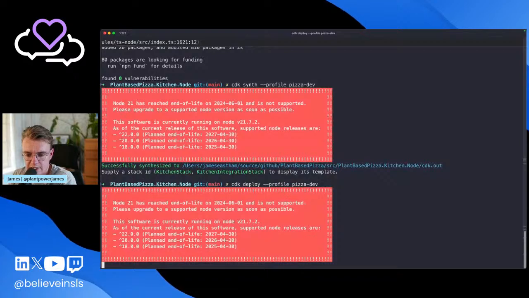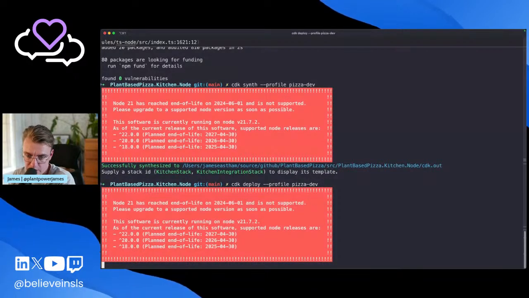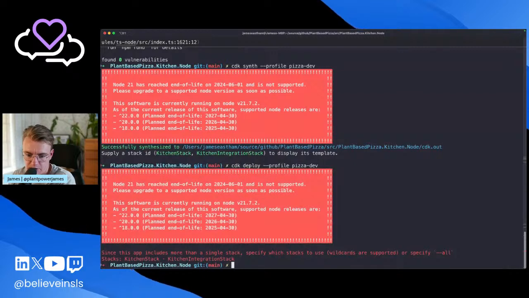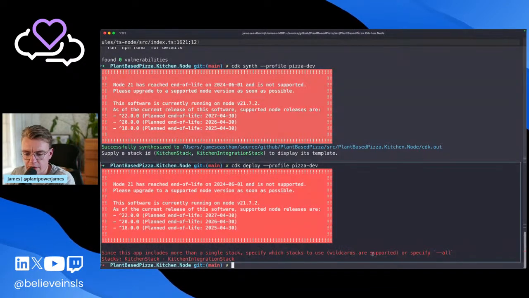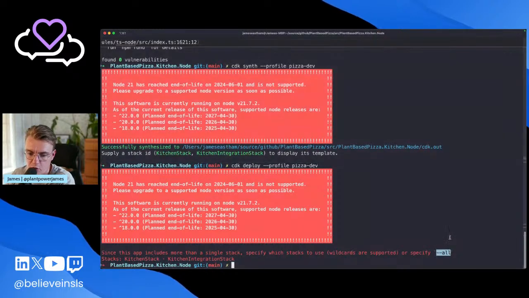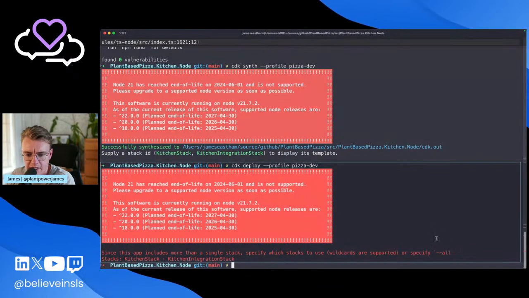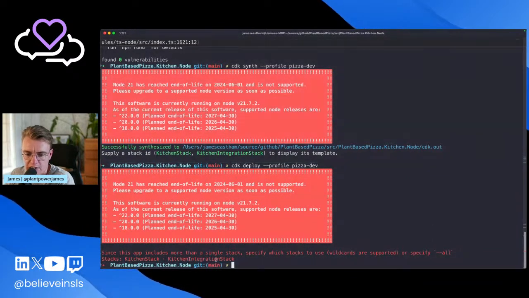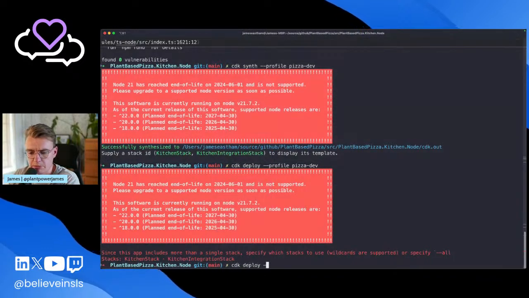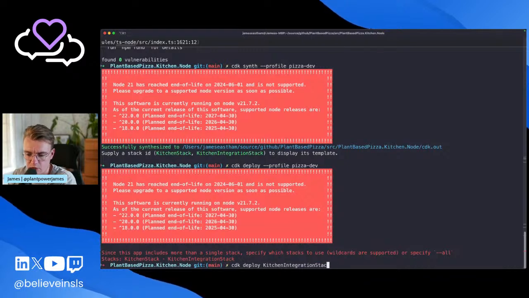So when I deploy this, it should ask me which stack I want to deploy. There we go. Perfect. So because I've now got multiple stacks, I can either specify --all and deploy all of the stacks. Of course, I don't want to do that. I want to just deploy my integration stack. So let's copy that and go CDK deploy kitchen integration stack. Actually, before I do that,